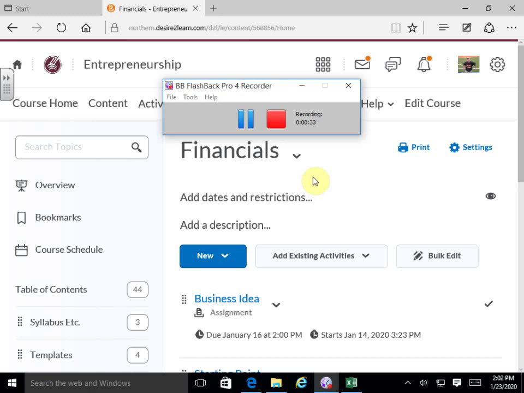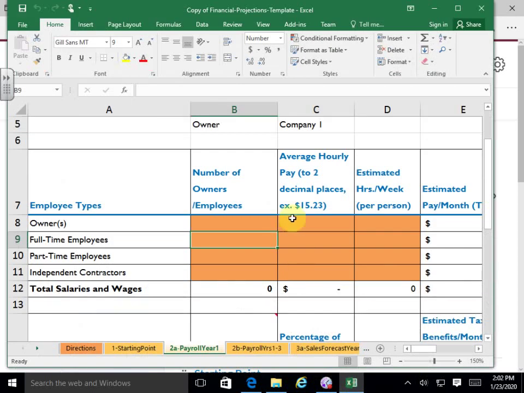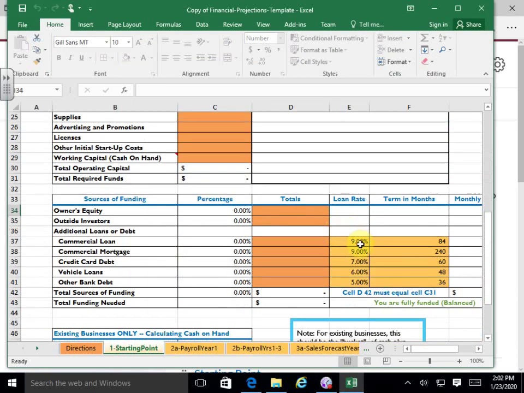The other thing I should mention, one of the things that you might choose to change on the starting point, and that's fine, is the interest rates down here. They're ones that were just put in there by default. That may be different, okay? It wouldn't surprise me if commercial loans are somewhat less than this right now. Anybody know what prime rate is?